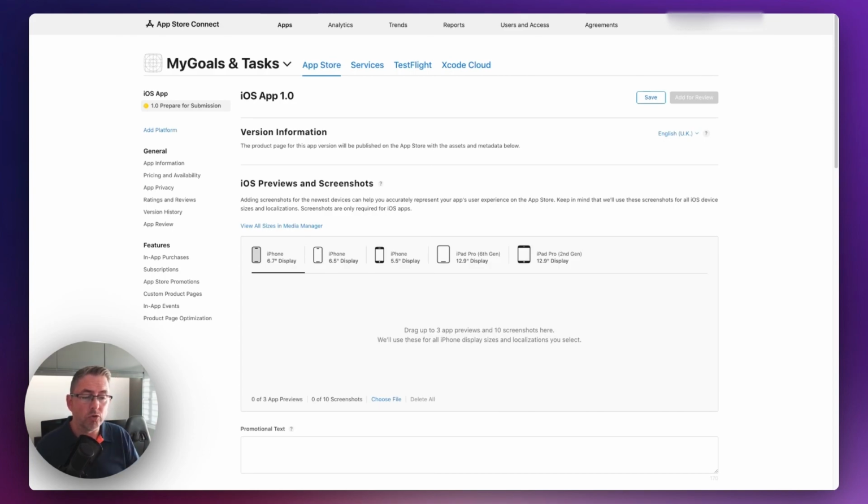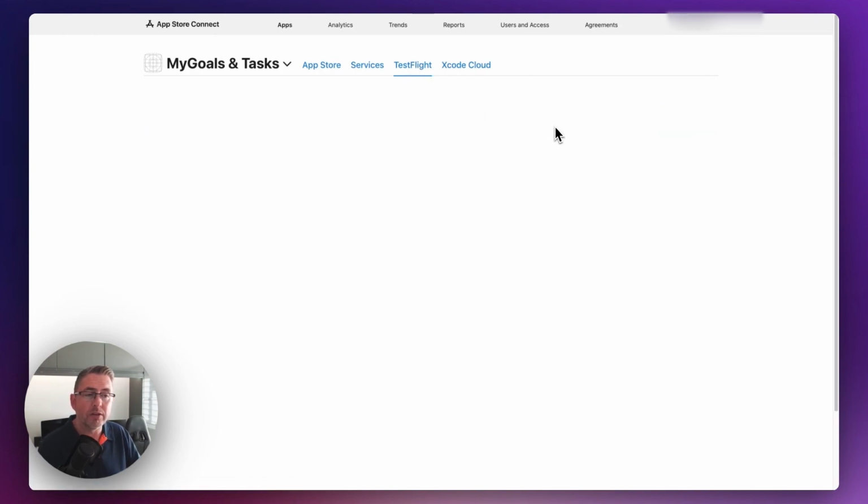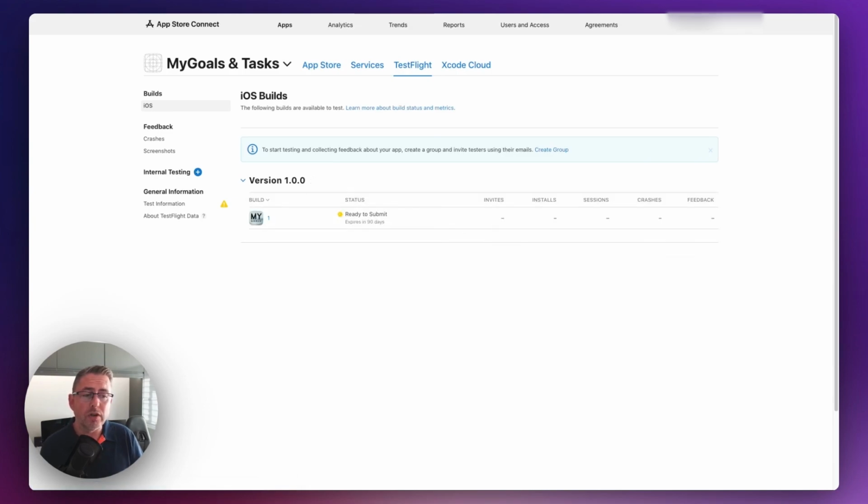So you will need to make sure you add some screenshots in here. Now one option for you, if you haven't got access to all of that, is that you could use a platform called TestFlight. Up the top here you've got this option called TestFlight. If you just choose that, what TestFlight will allow you to do is download TestFlight as an application from the App Store onto your iPhone device, and then what you can do is